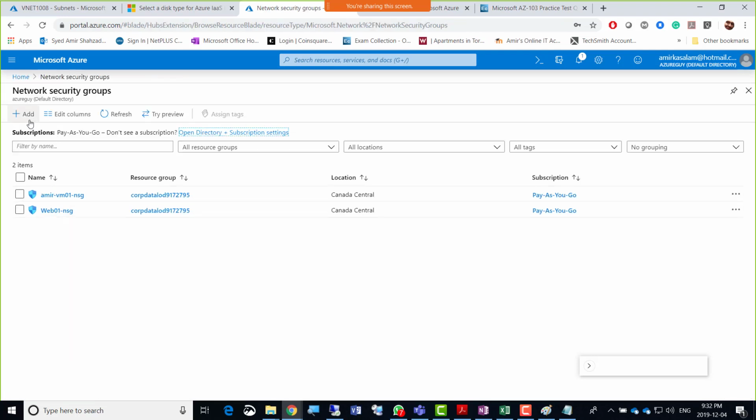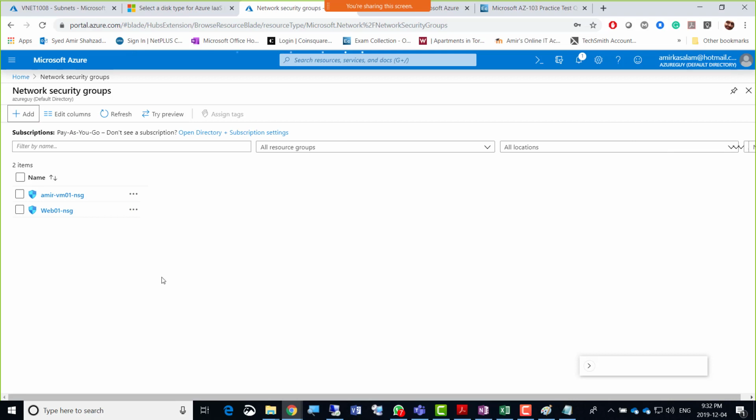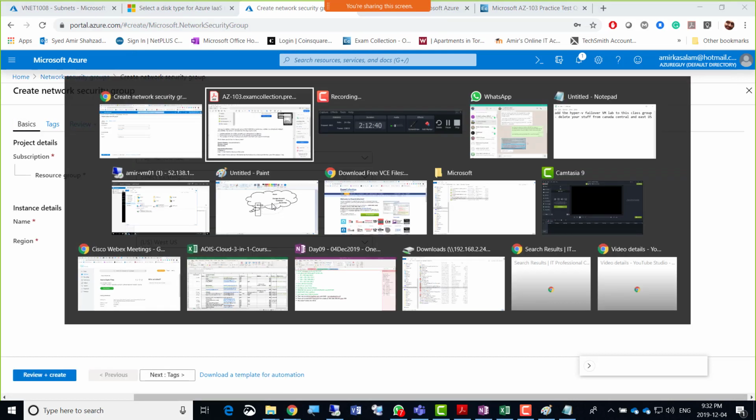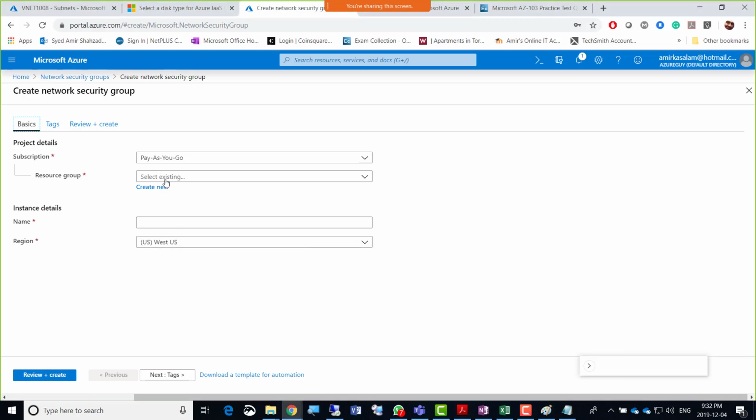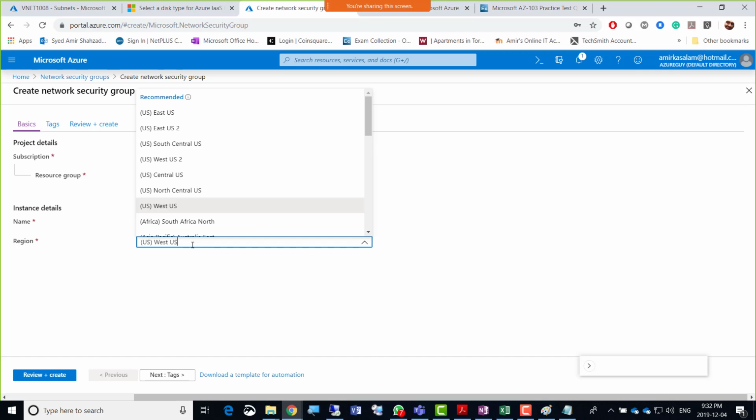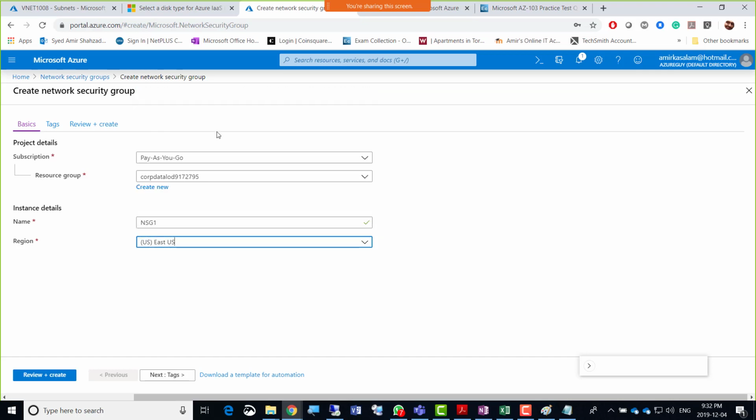Then I'll click the add button here for the network security group. Did they ask for any name to be given to the NSG? Nothing. So we can go for the resource group, name it NSG1, suppose, and it is in East US because all the subnets were created in East US. Make sure that the region is the same.